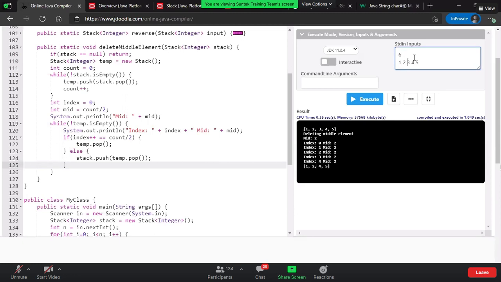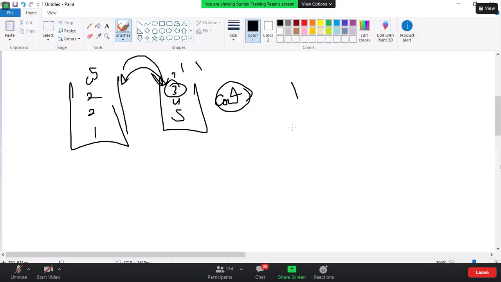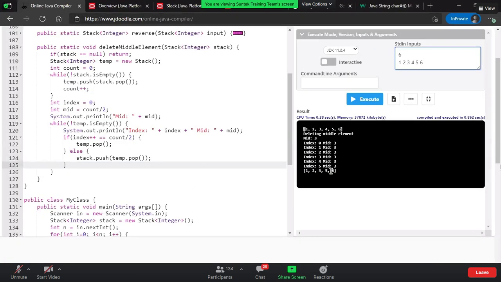So 6. Now I have to just see what is the case. So in this case, 1, 2, 3, 4, 5. So 1, 2, 3, 4, 5, 6. So in this case, this is the middle value, right? So we told that we have to remove 3. So let's fix that thing. So now 4 is getting removed. So what can we do here is,